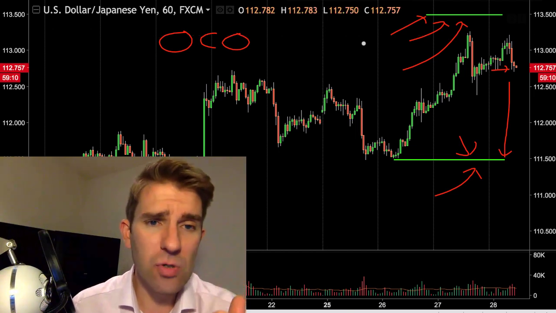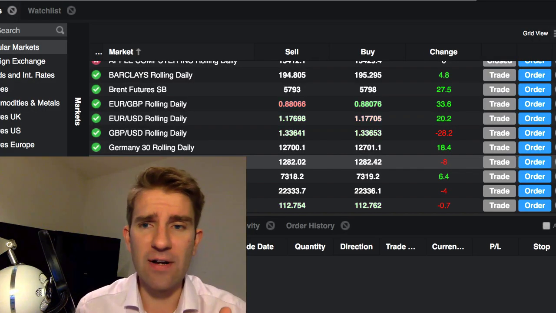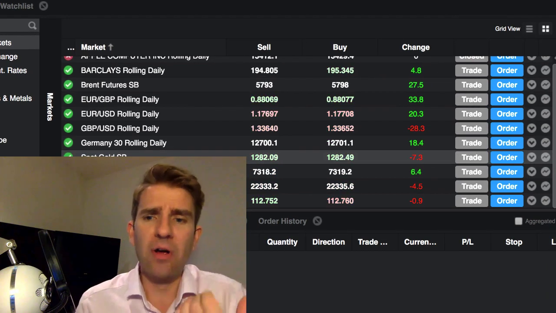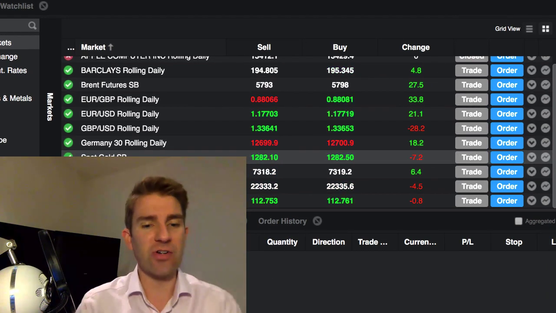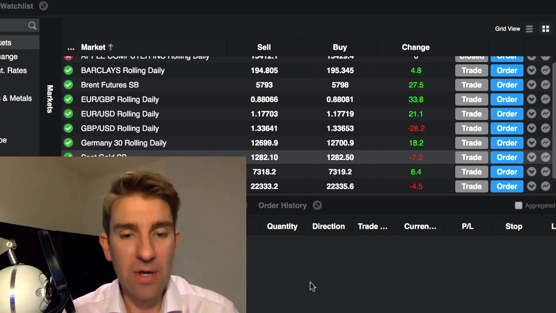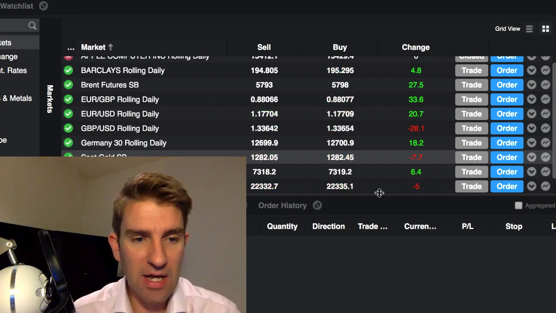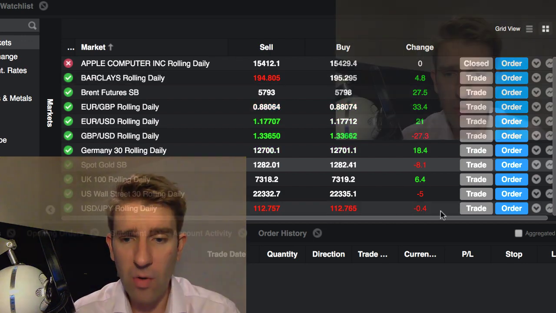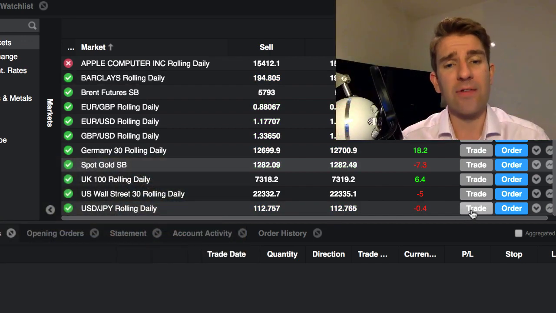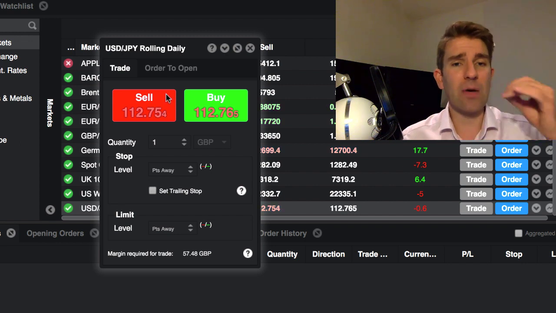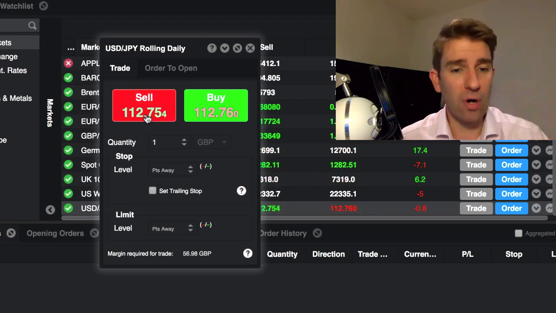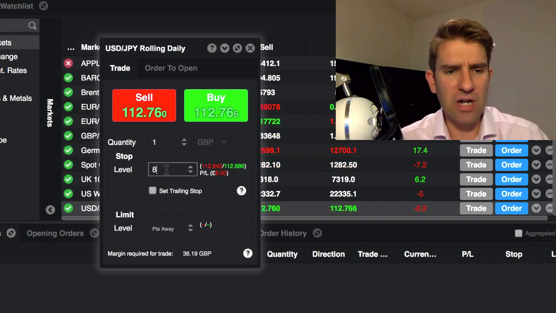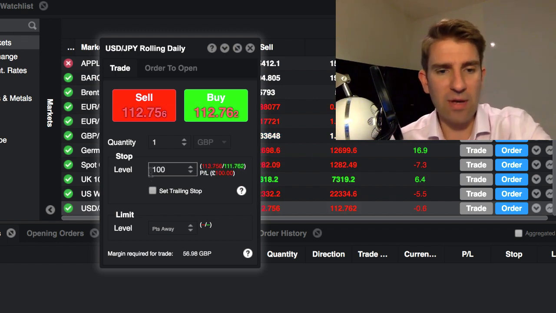All right, let's dive into the trader platform, and let me see if I can bring it up for you. Let's do one as if we're just going to put an order in on the platform. So we're trading US dollar JPY, one of the most popular markets. That's exactly what we want. So we're going to hit the trade button. Now, remind ourselves, we're going to go short the market, and we're going to have our stop, what was it, 100 points away. I think we decided to have it at